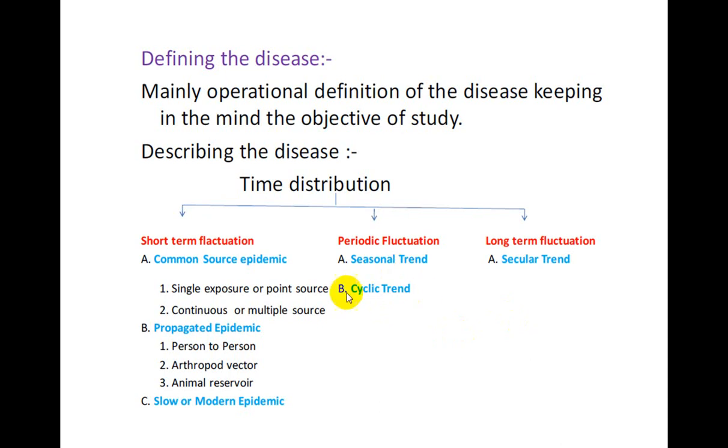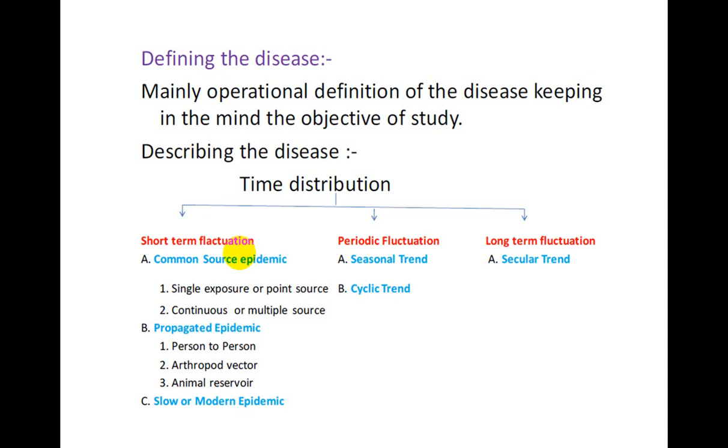So first we will discuss the short-term fluctuation. The best known short-term fluctuation in the occurrence of disease is an epidemic. According to the modern concept, an epidemic is defined as the occurrence in a community or region of cases of an illness or other health-related events clearly in excess of normal expectancy. The community or region and the time period in which the cases occur are specified precisely. Epidemicity is thus relative to the usual frequency of the disease in the same area among the specified population.